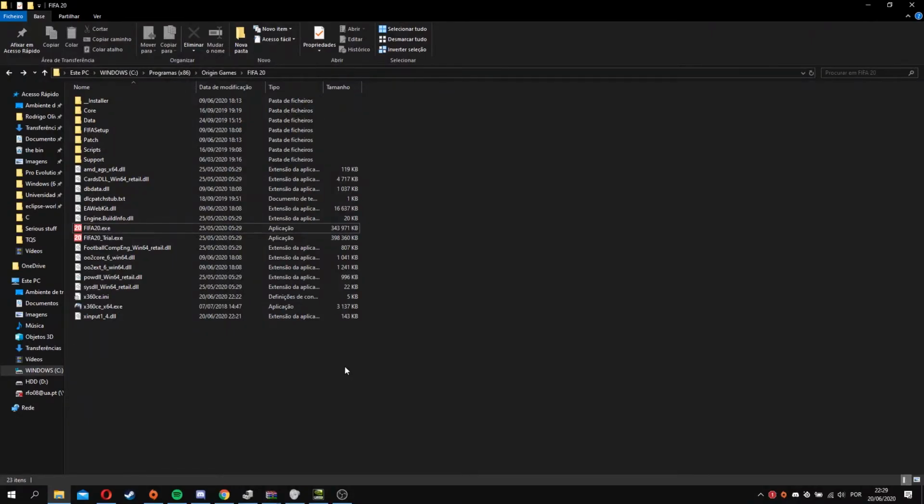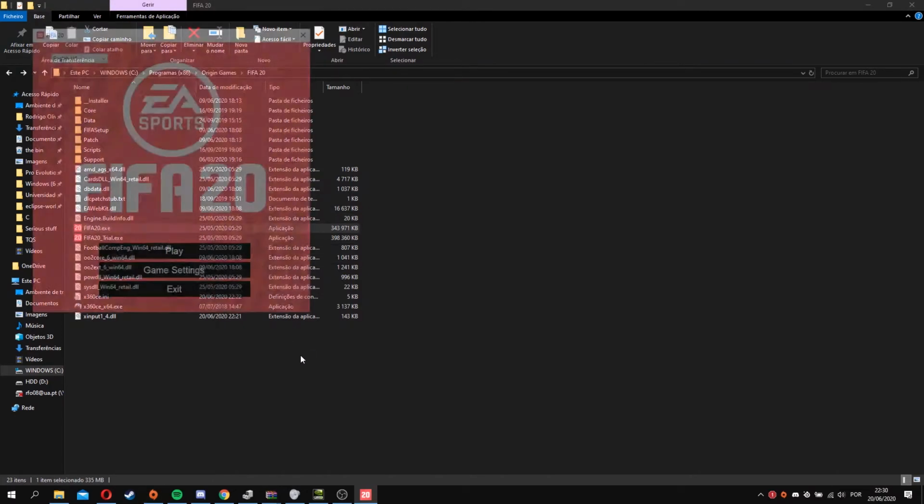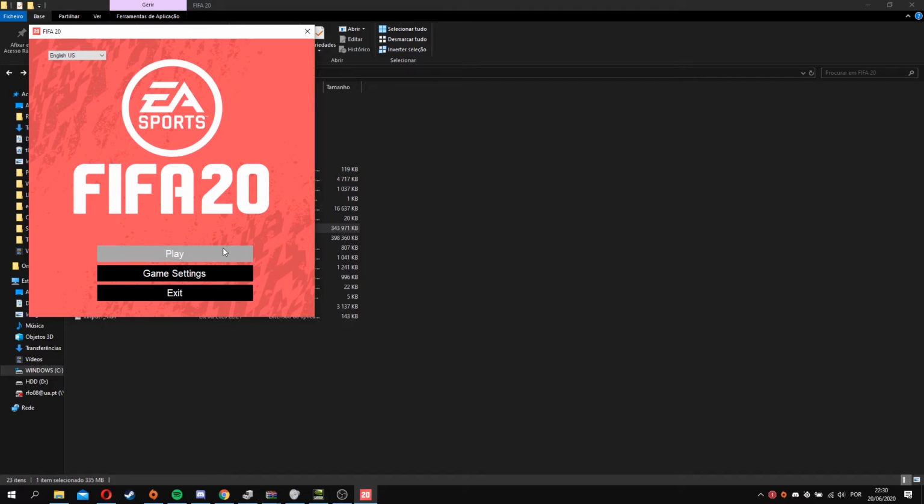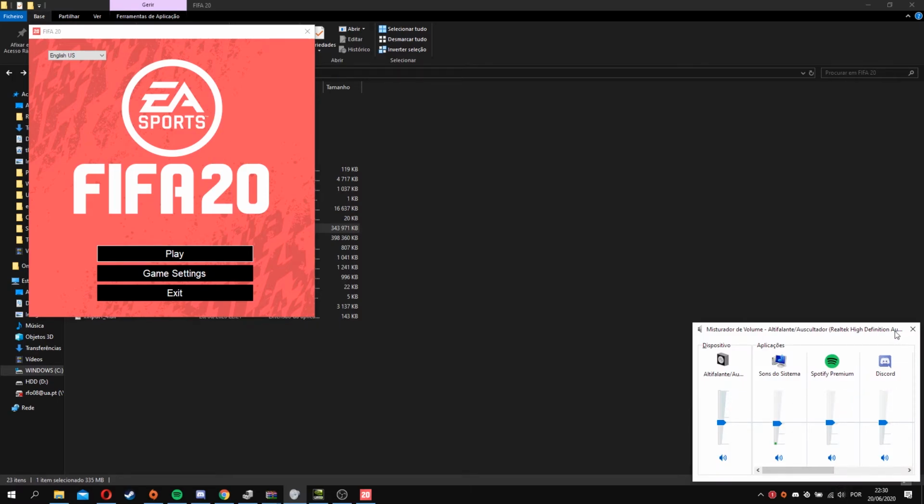That's it. Once you've completed all these steps, all you need to do now is open FIFA. When you open the game, you should hear a Windows notification ding, as you do when you change the volume, like this.